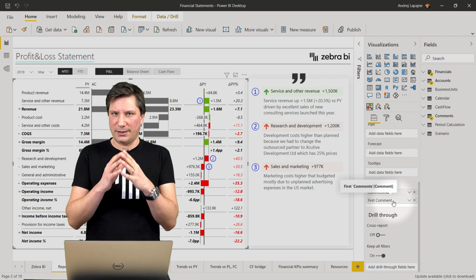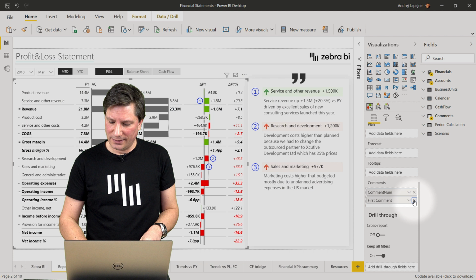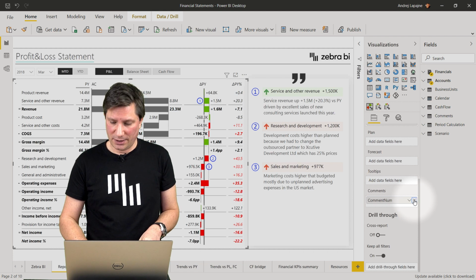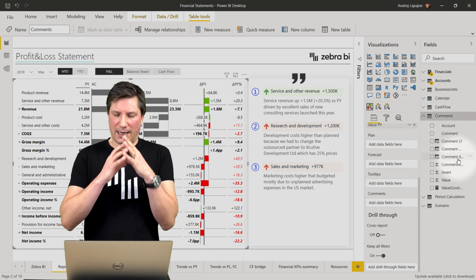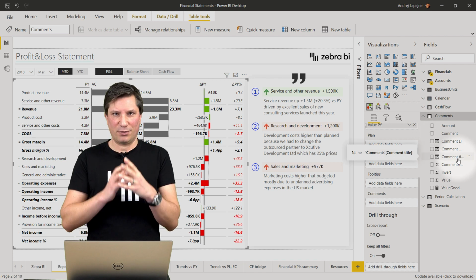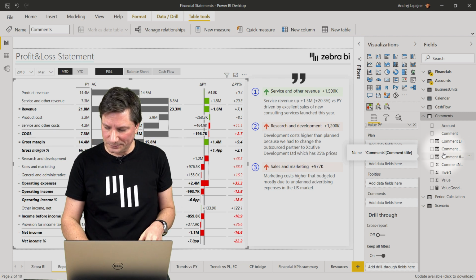I'm actually using two fields this time. The first one is the comment number. So this is to ensure that you actually control the numbering, the numbers in each visual.